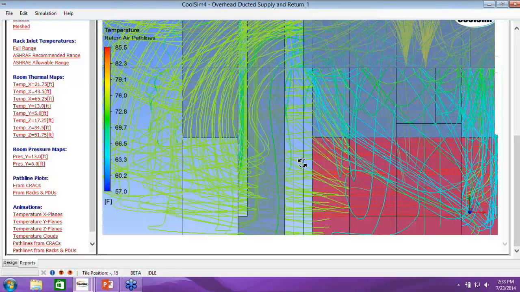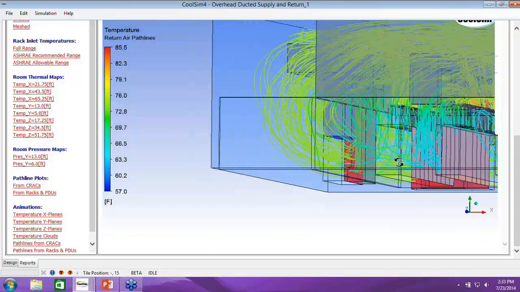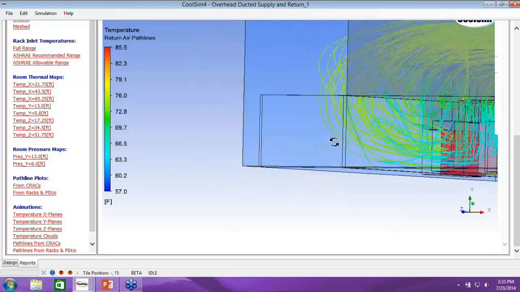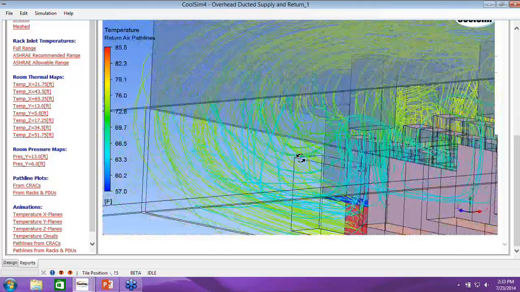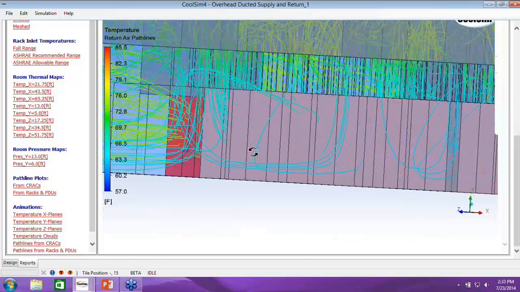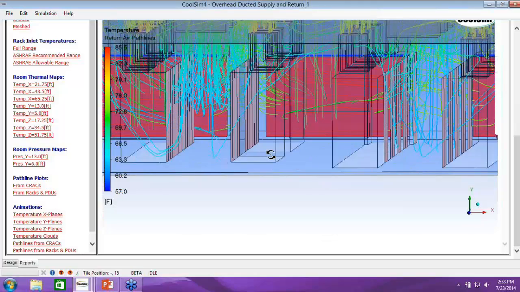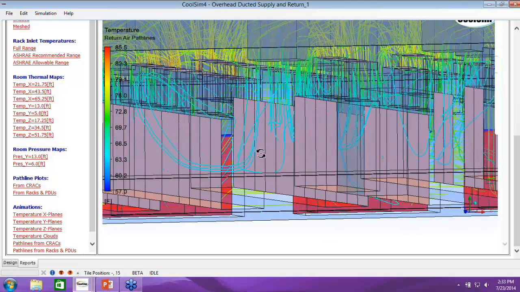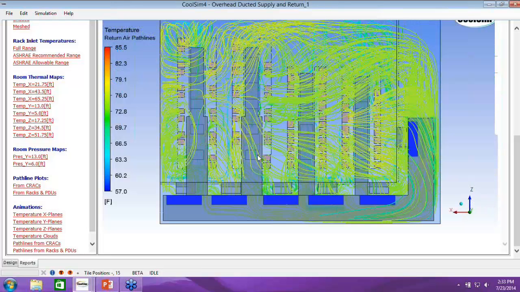I mean, there's a lot of mixing going in there, Magnus. It's not very clean, is it, because these are returns, remember. Yeah, the space is not really symmetrical, so it gets kind of messy when air needs to go from one part to another part of that room. Right. And that's why if we look at it from the top view, which is this, you see over in this